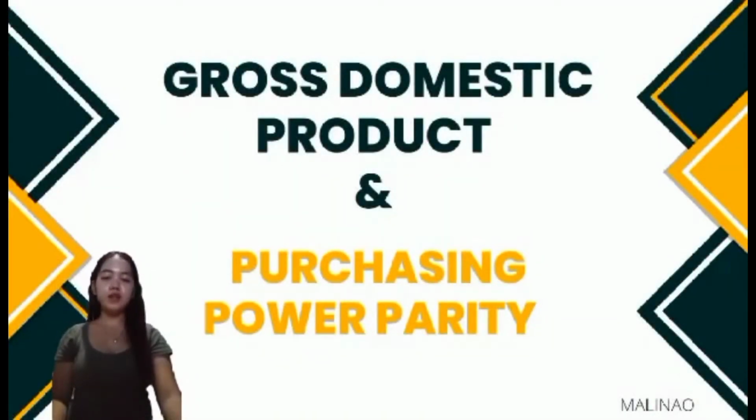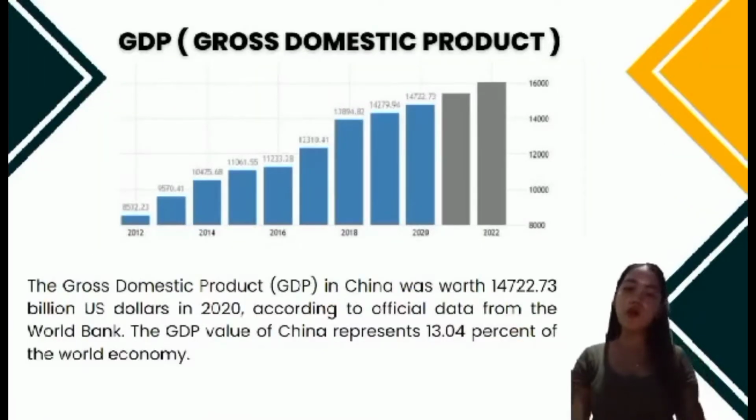GDP, gross domestic product, and PPP, or purchasing power parity. This is the GDP in China. China's gross domestic product was estimated to be around $17.46 trillion in 2021. China ranked second in the world GDP rankings that year, ahead of the other BRIC countries of India, Russia, and Brazil. China's per capita GDP is expected to reach